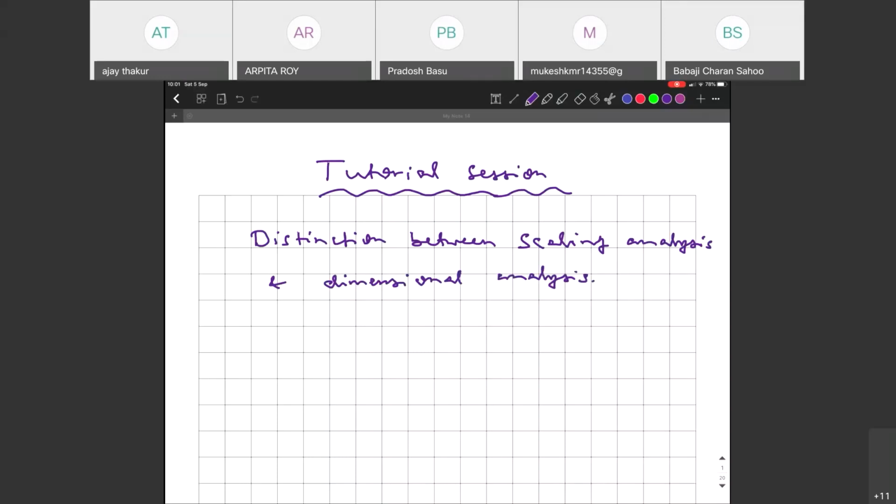So this is the most important confusion that usually arises in the minds of students when one is trying to do